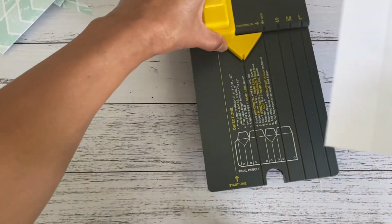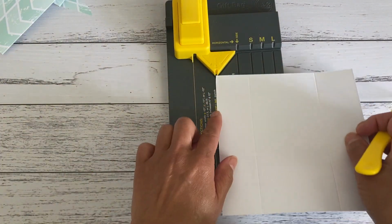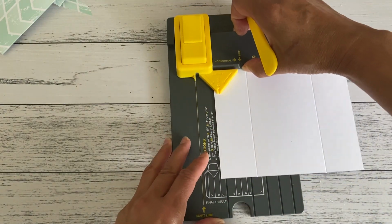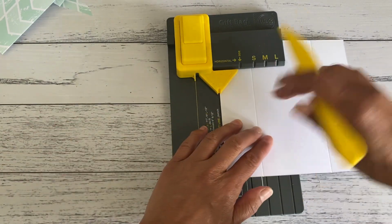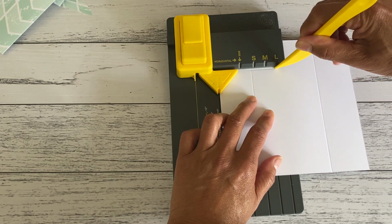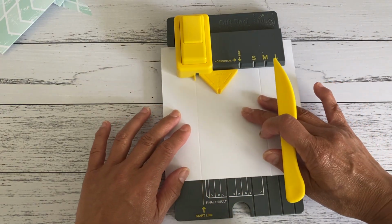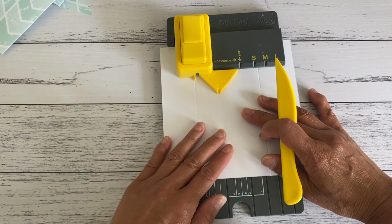Bring the punch board over again, and what we're going to do here is we're going to line this edge and line it underneath up to that first score line here, and we're going to go inside, and there'll be another part where you can score. We're going to score that right across until it stops there. We're going to slide this over now. You're going to bring this score line to this notch. We're going to punch that down,